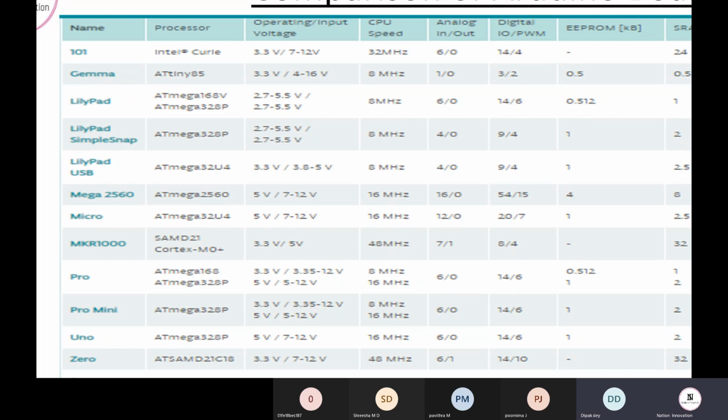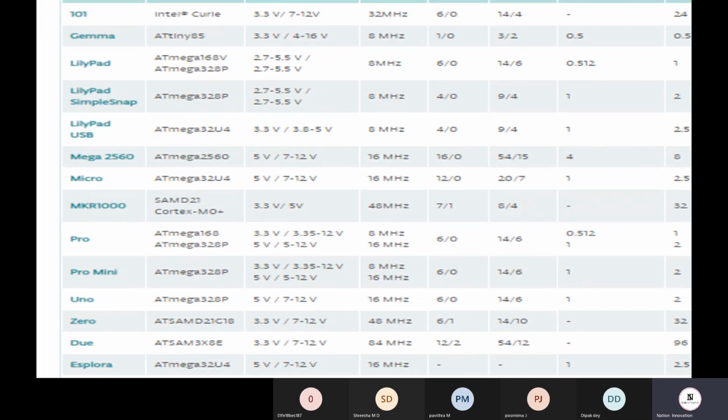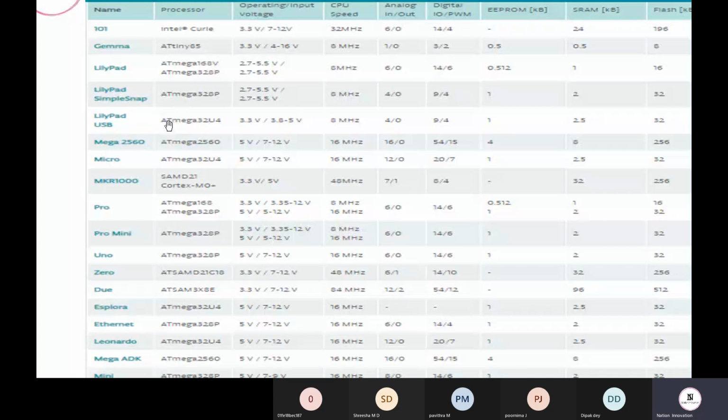So the main thing is coming over here. Let me take this Arduino Uno. We have seen that the Arduino Uno works on 5 volts, but with the jack, the input voltage it can take is from 7 volts to 12 volts. The 5 volts is compulsory; above that we can have 7 volts to 12 volts.